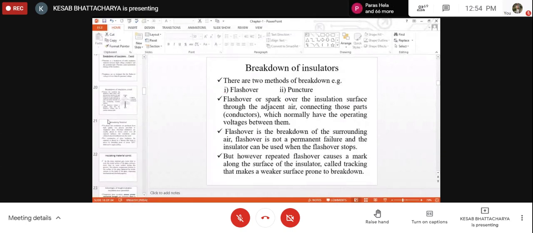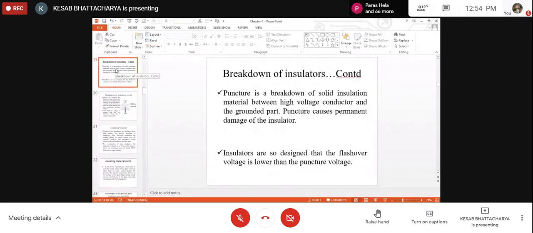Now, puncture. Puncture is a breakdown of solid insulating material between the high voltage conductor and the grounded part. But this occurs through the body of the insulating material, and that is why it is a permanent type of failure. If you look at the diagram once again,